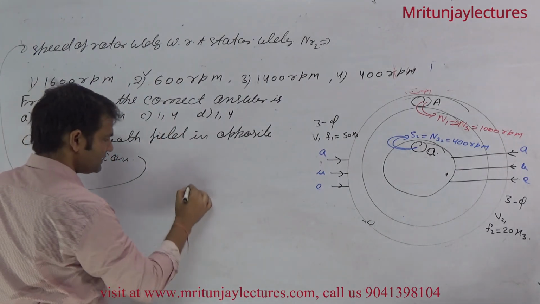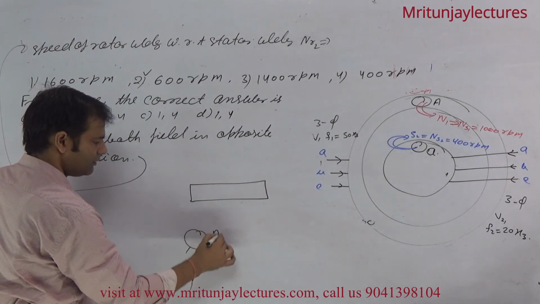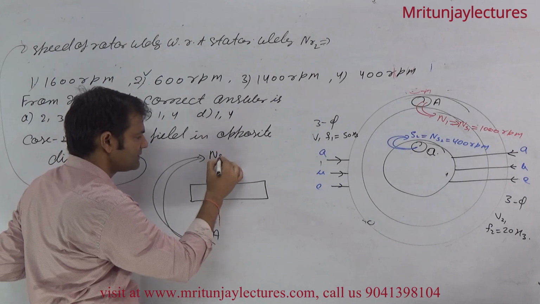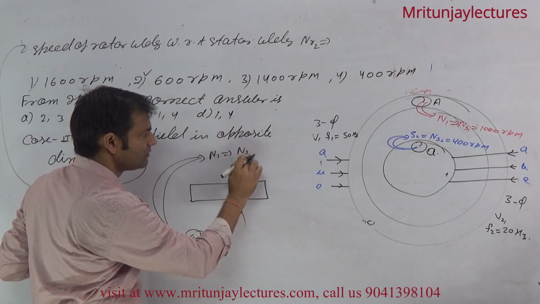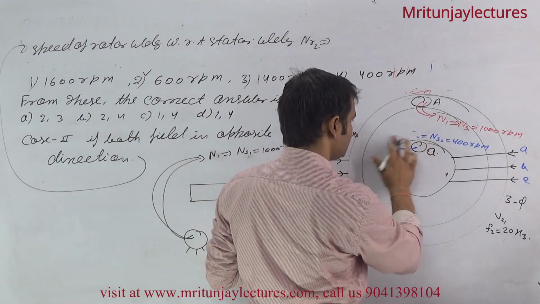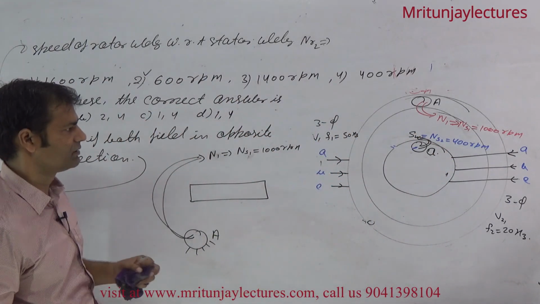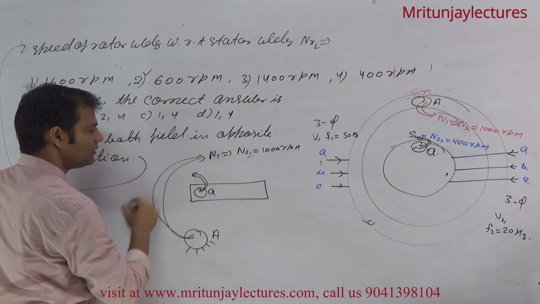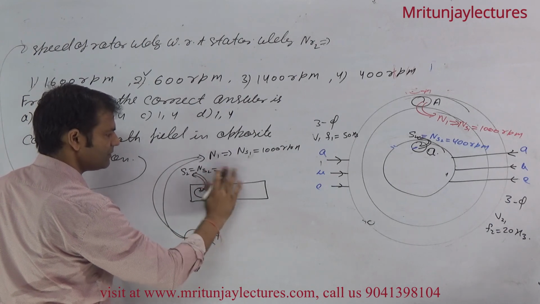Now once again make a linear diagram like this one, sit on the stator. The speed of the stator field with respect to the stator structure is N1, which is speed 1000 rpm, and this one is seen like this, that is S2 in the opposite direction, that is the rotor, S2, that is NS2, which is speed 400 rpm.